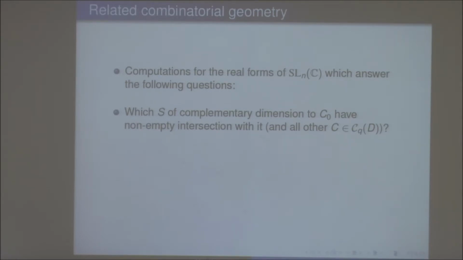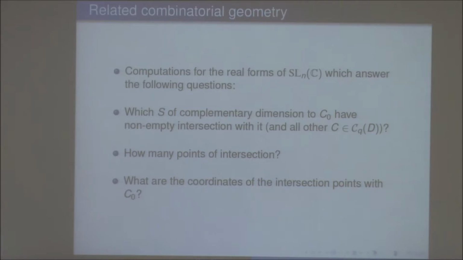So she answers, I wrote it in terms of questions, the following questions: which Schubert cycles have complementary dimension and have nonempty intersection, how many points of intersection, and what are the coordinates of these intersection points. And interestingly enough, you know the 3 real forms. In comparison, SL(n,R), which you see is very far away from the kind of things, you really have to use,